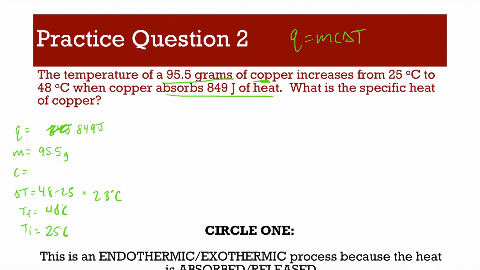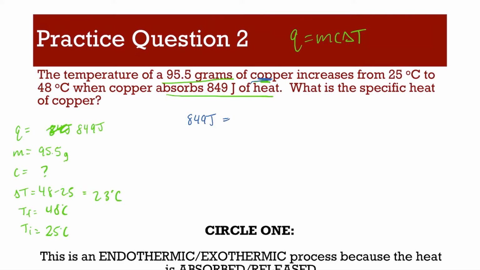849 joules of heat. What is the specific heat? So here we're given everything except specific heat, and it's okay because copper has a much lower... you have to find it because it's not on the reference table. That's okay, we're given everything else. So if we plug in, we know